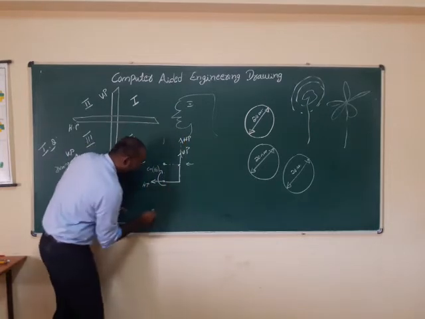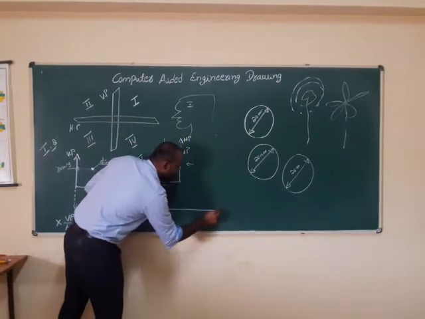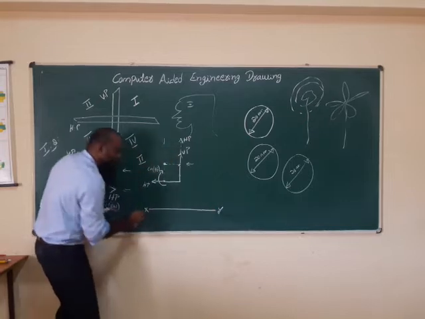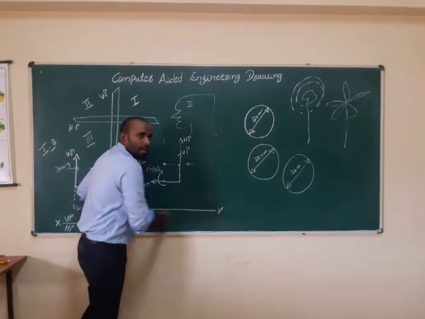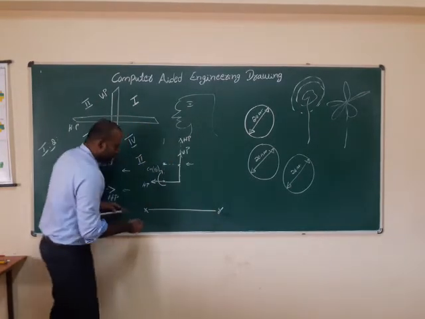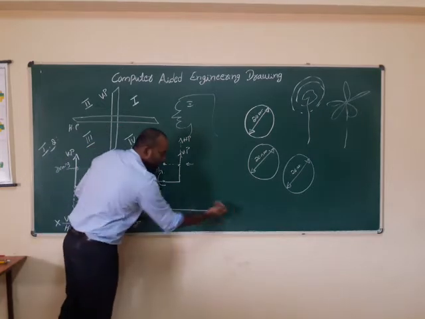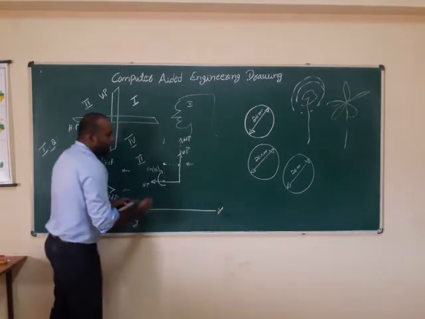So this is the center line, and that's why it is called the axis line. One end is called Y, and one end is called X. Otherwise, you can write A, B, P, H, N, M. You can write anything. I will consider one end as X and the other end as Y.